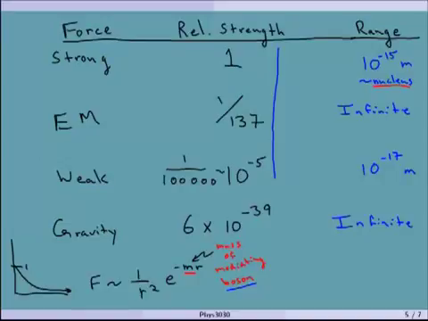To me, that sort of makes sense. But notice that the lines here, the relative strength increases as I go down. Right, the relative strength is sort of increasing here, but the range doesn't do that. Right, it jumps all over the place. E&M and gravity are infinite, and then these guys have much smaller scales, and that really has to do with the mass, as I talked about down here. Okay.